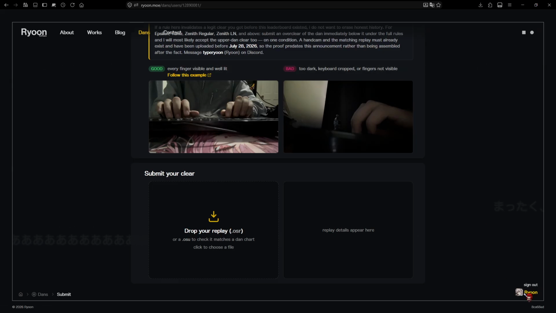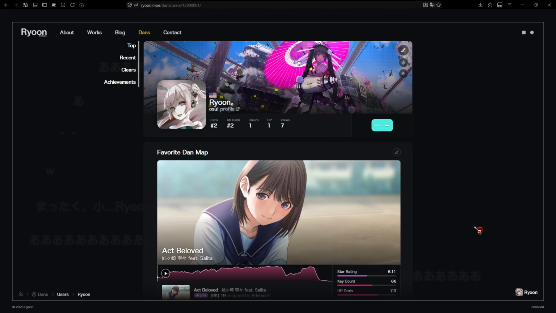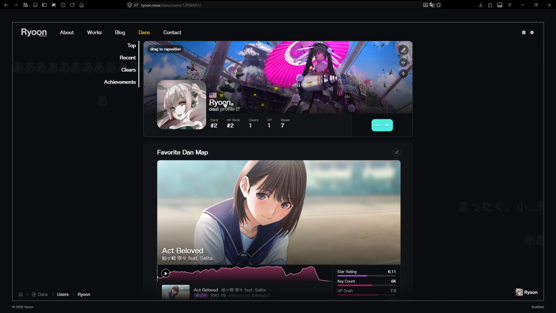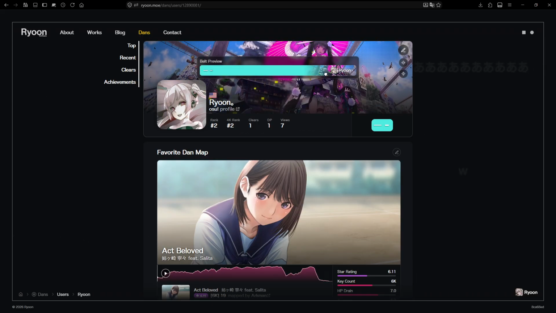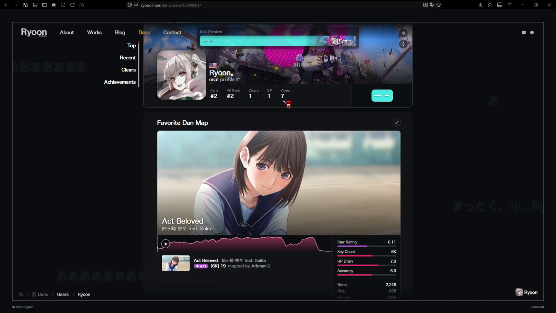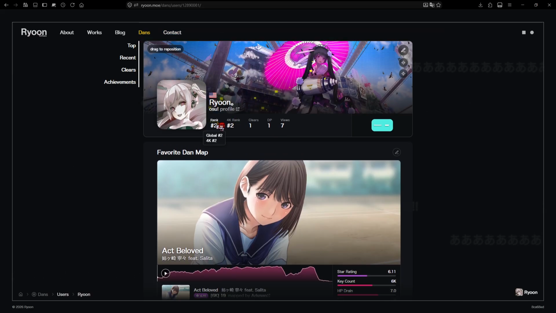I guess now we should go over the user page. So here's the user page. Let me go over this quickly. This is your avatar from OSU. This is your username, and that should get updated even if you change it. OSU profile link, country flag, banner, which I'll show in a sec. Your overall ranking with DP, along with your key mode ones that you've tried, and this